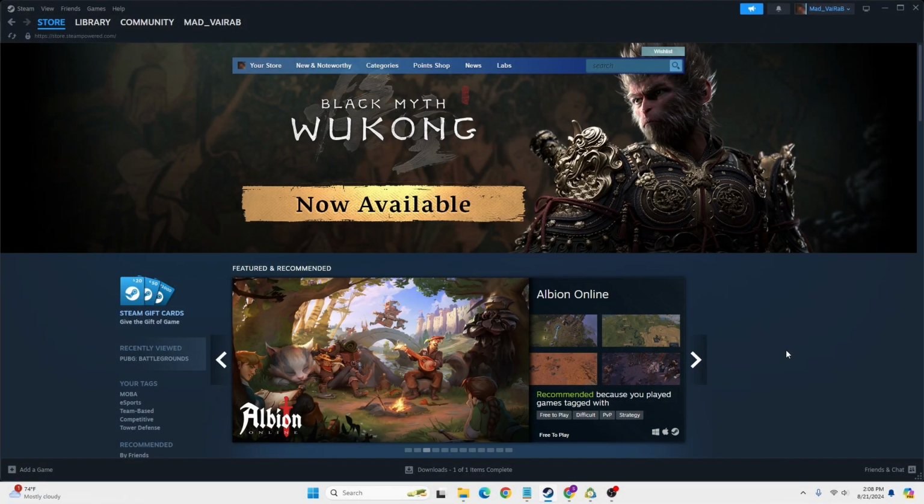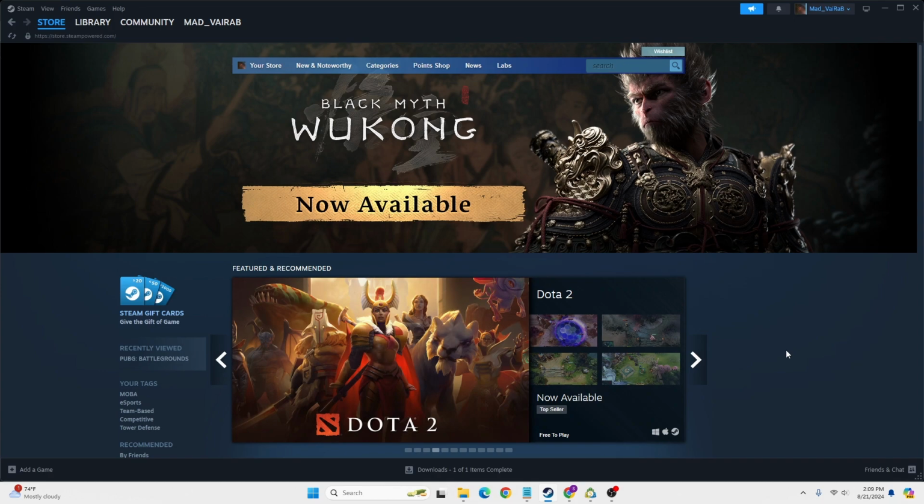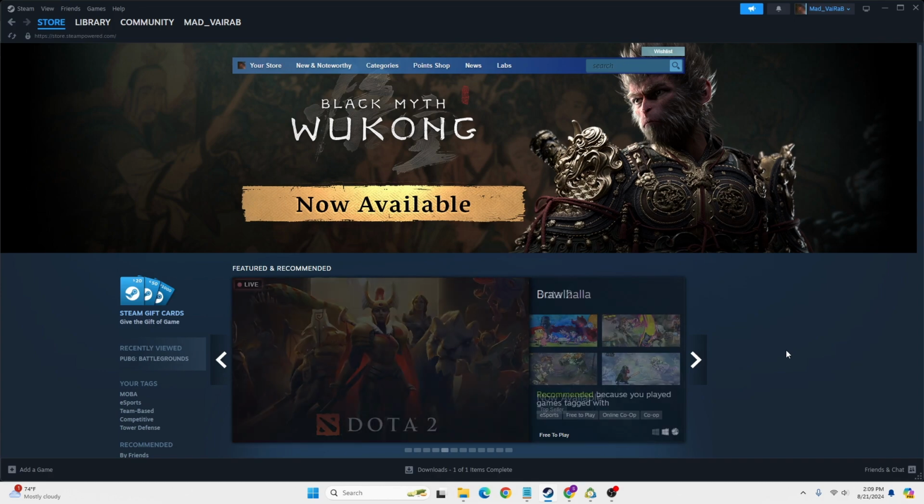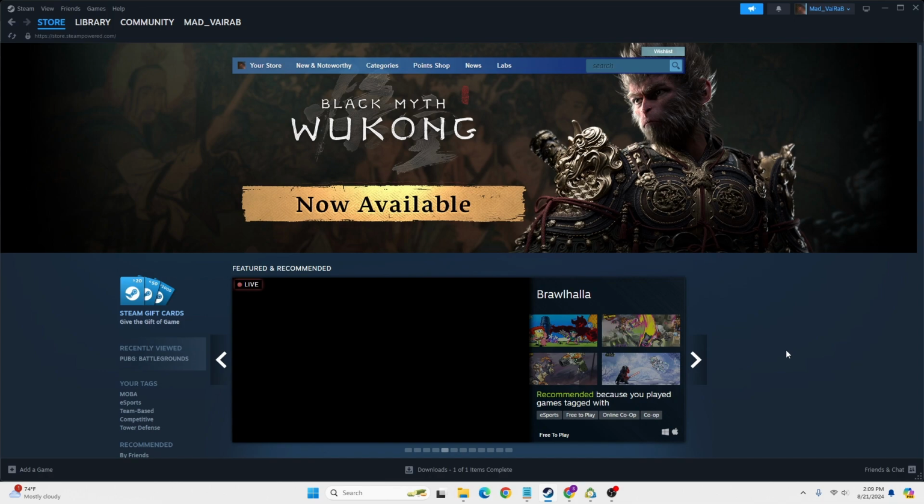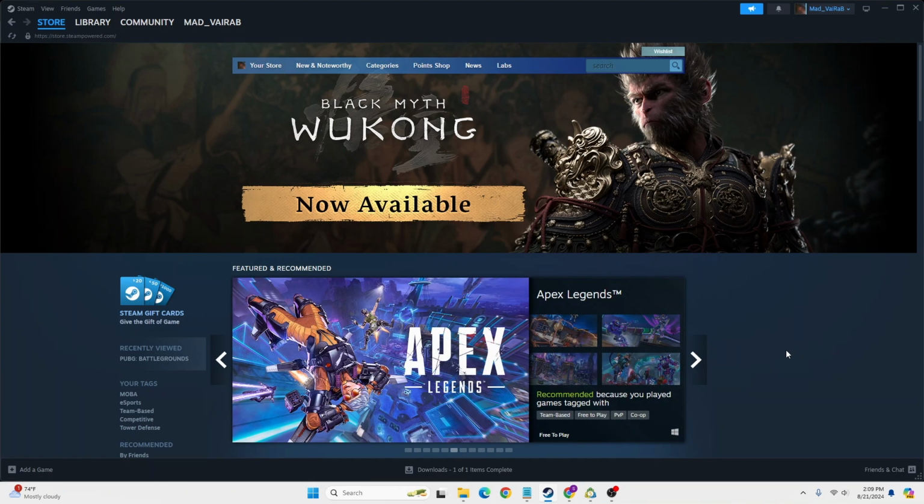Now to see your pending group invites on your Steam account, first open up your Steam app, as I've already opened the Steam app and logged into my account, and similarly log into your account on the Steam app as well. And in order to proceed to view your group invites on your Steam account,